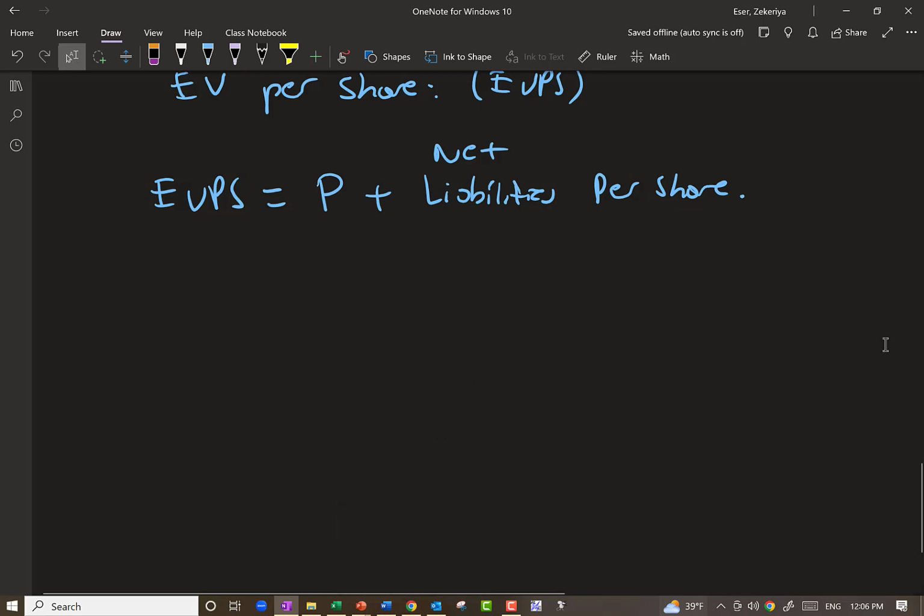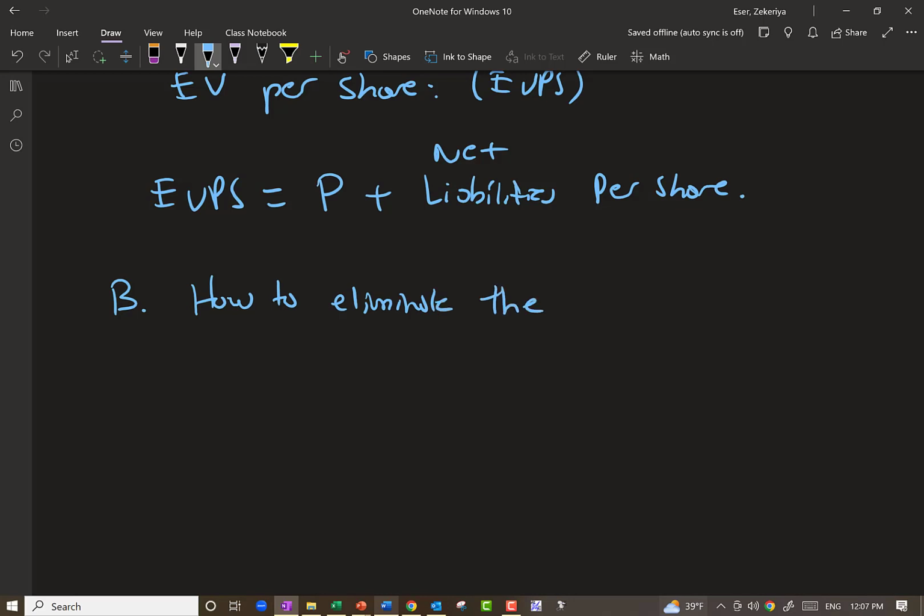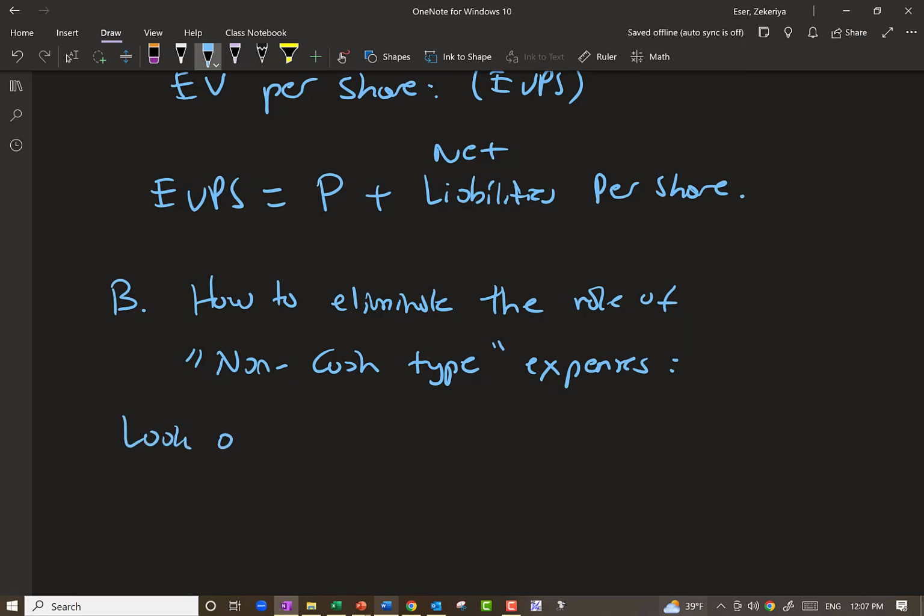And the next one we're going to talk about, or B, how to eliminate the role of non-cash type expenses. We're going to look at the concept of